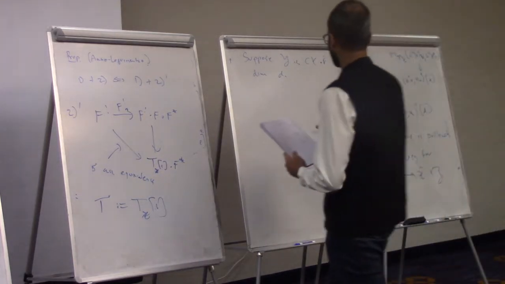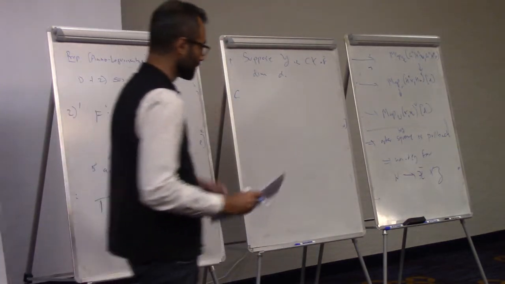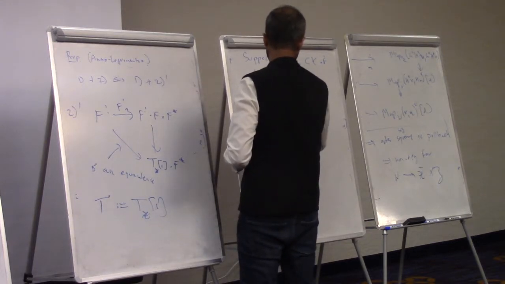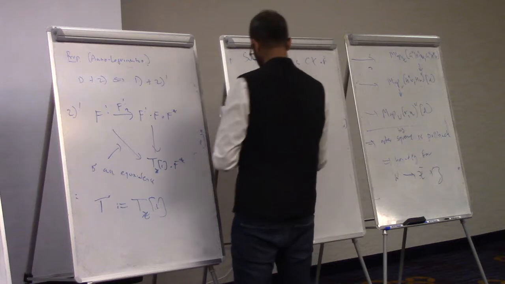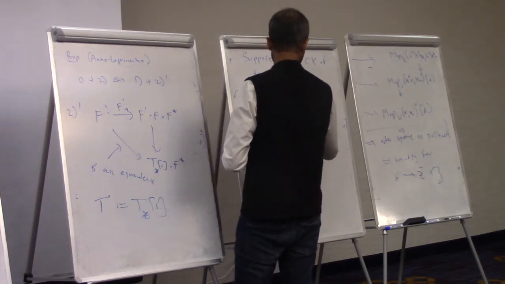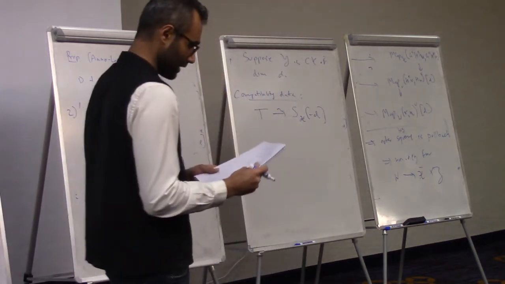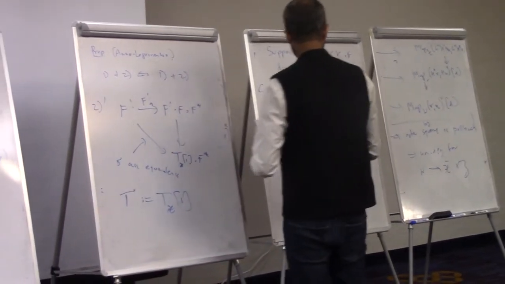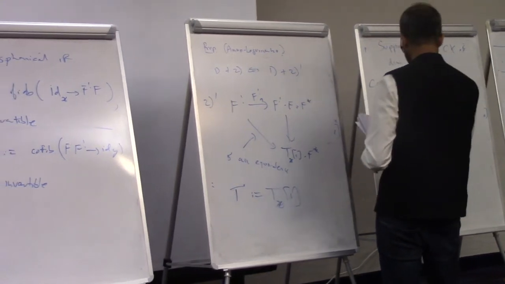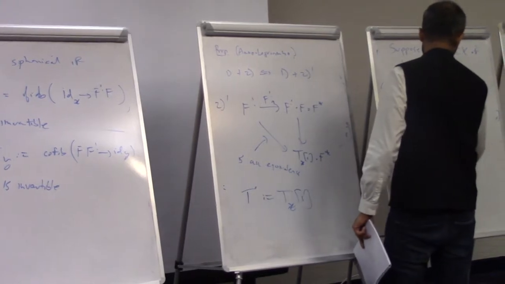Then compatibility. I want to say what it means for a spherical functor to be compatible with the Calabi-Yau structure. So compatibility data is the following thing. It's an equivalence of the twist functor T with the Serre functor on X shifted by minus d. This twist functor is identified with the Serre functor shifted by minus d. Let's call this alpha, such that the following diagram commutes, or rather, such that there exist two self-witnessing